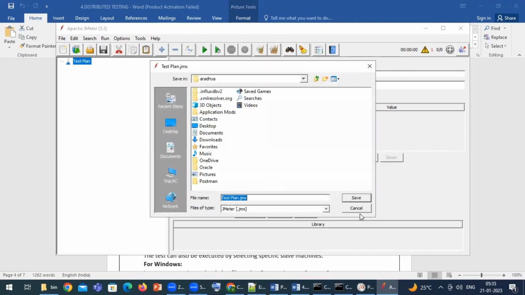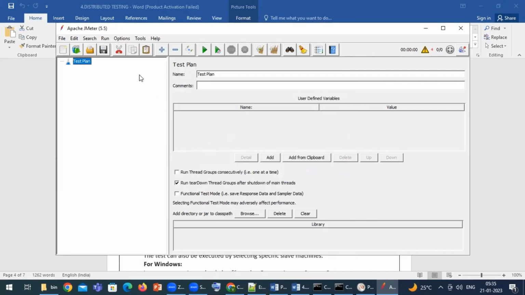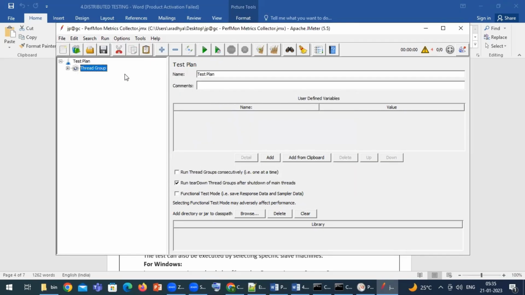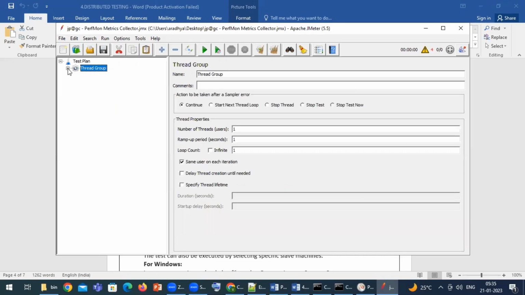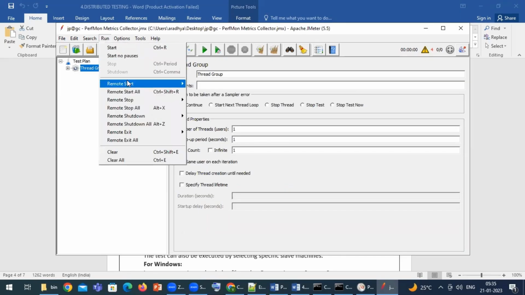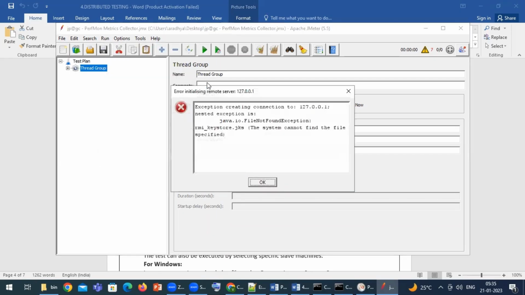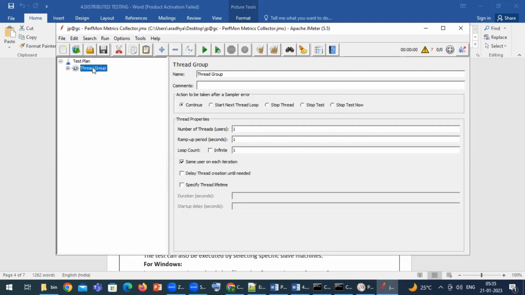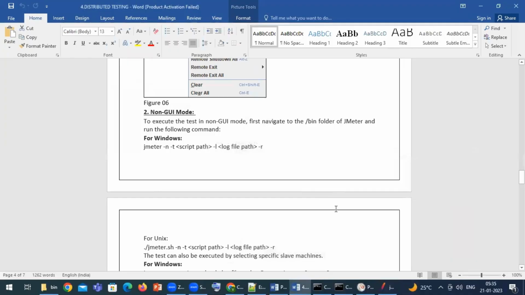Oh, sorry, let me open any existing one. So this is my sample one. Let me run it. Some setting got changed in my machine. Okay, so the test has started executing, and I have executed with only one user, right? So this is how you will run your test in GUI mode. Okay, so we'll go with non-GUI mode.